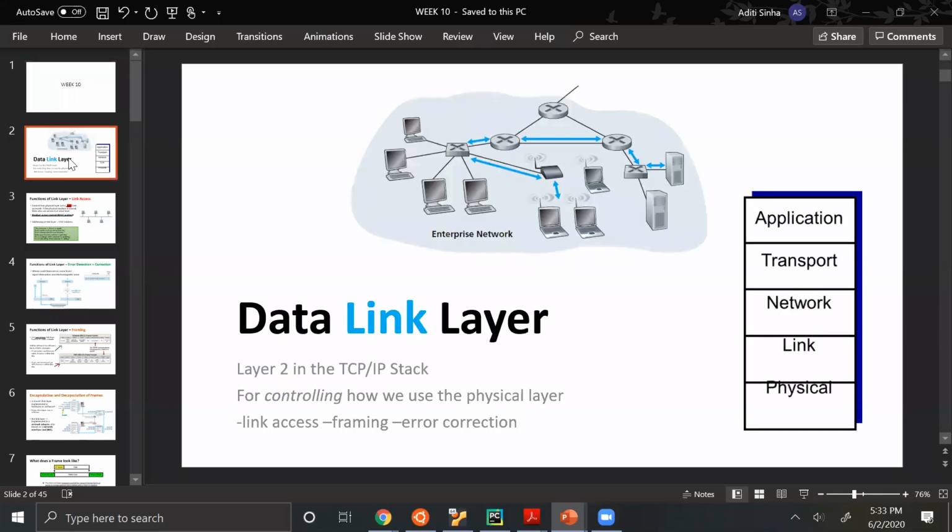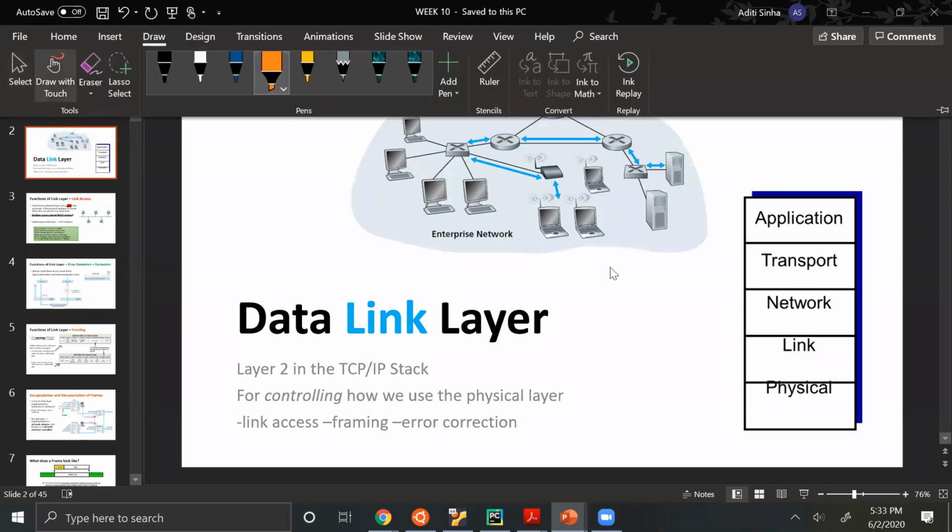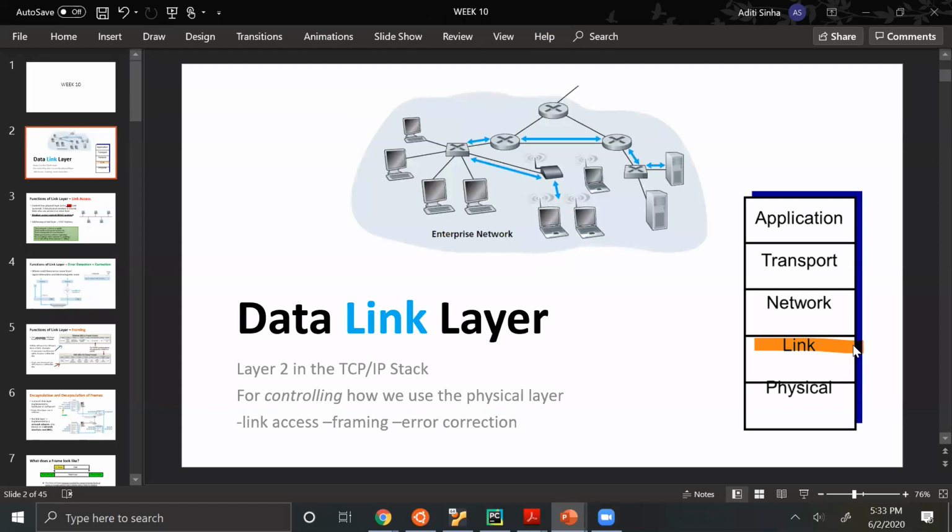So let's start with the data link layer. The data link layer is the second layer in our TCP protocol stack. And this link layer is just responsible for controlling how we actually access our medium, that is, the physical layer. So how these links, which are wired links in this diagram, can